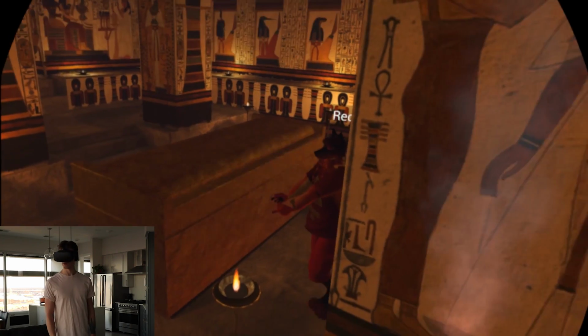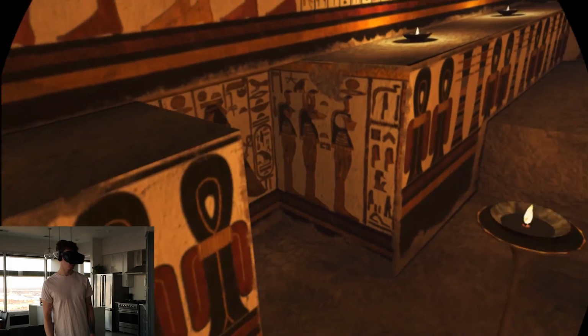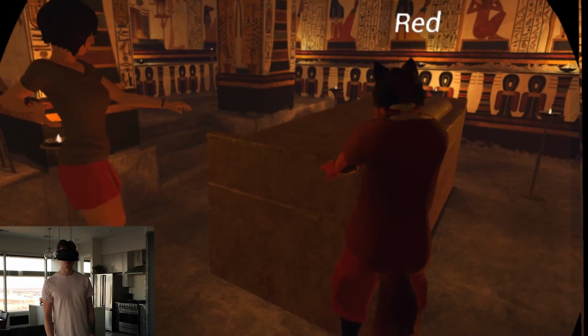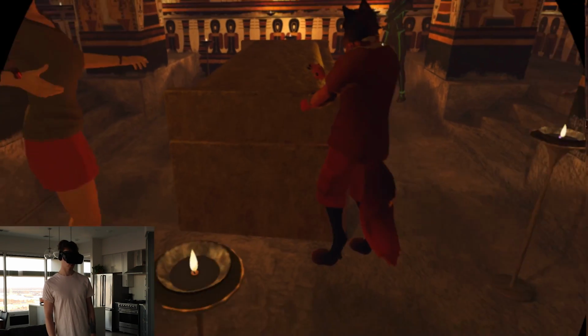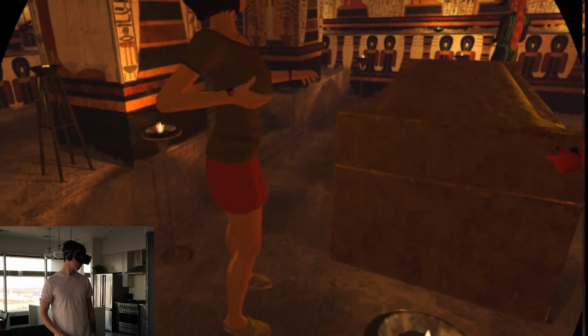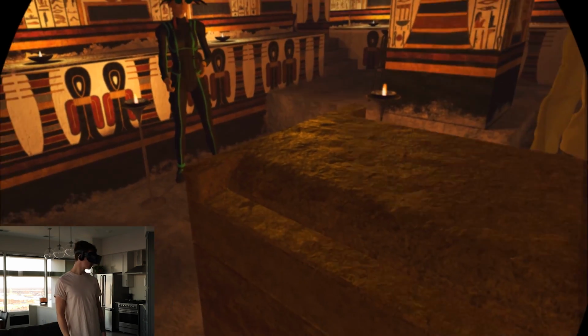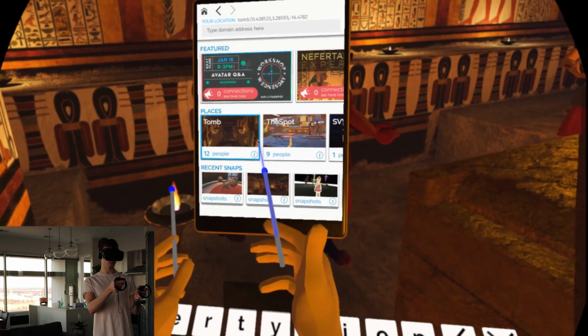Okay. You'll notice we've got a sarcophagus in this model to show you where it would have been. In real life, the sarcophagus was missing when the tomb was discovered. The stone was very, very valuable granite that would have come from thousands of miles away. So when the tomb was raided, they chopped it up and took it to reuse for other people's tombstones and things like that, probably. Very early Egyptian symbol. It's also